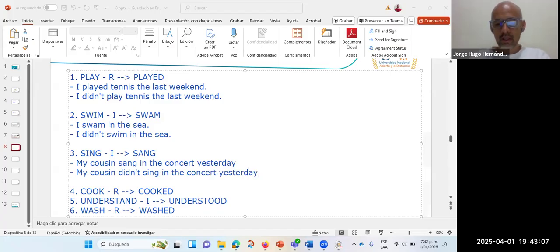Yes? Is it clear? Ambas oraciones están en pasado, ¿no? Pero la forma afirmativa, el verbo queda en pasado normalito. En la forma negativa, utilizamos para negar el didn't y el verbo nos queda en presente. ¿Por qué? Porque el pasado de esta oración está explícito, está determinado por el auxiliar. Okay, take into account that difference.